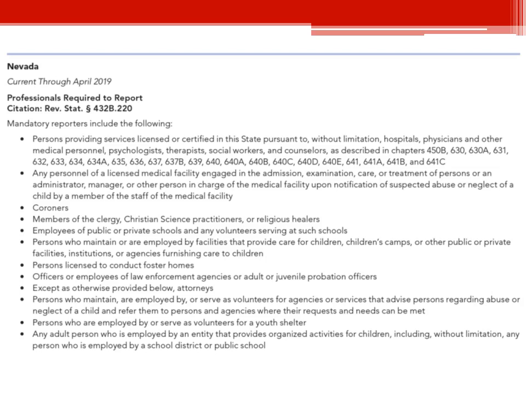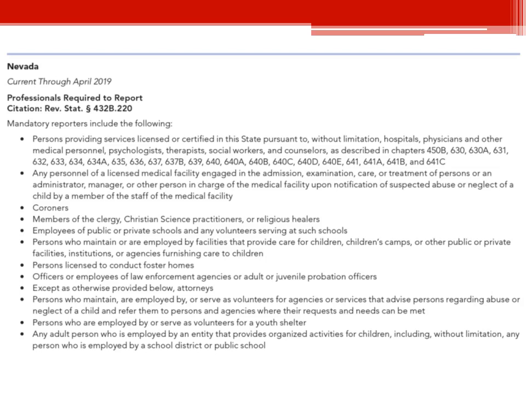One of the most important provisions of CAPTA is that it requires every state to come up with rules for mandatory reporters. These are people who, based on their profession and their ability to interact with children and possibly notice signs and symptoms of abuse and neglect, are mandated by these rules to report if they see anything they suspect might be child abuse or child neglect.